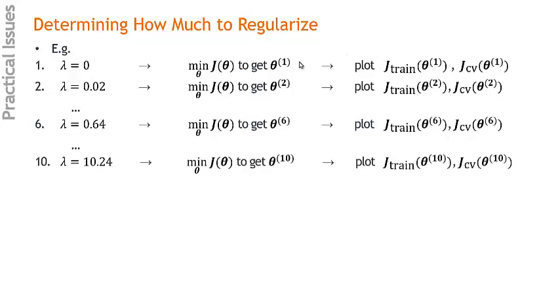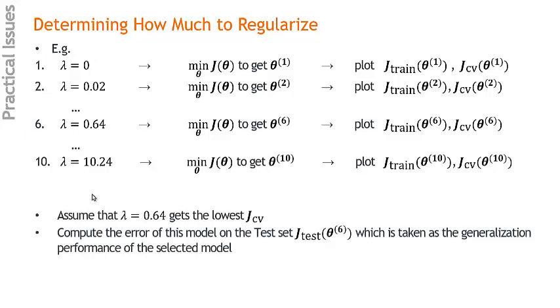So here, just to show the procedure one more time, for lambda equals 0, no regularization, you minimize J to get your trained model. Then you will also get a CV score, and you'll plot both of these on your graph. So you do that for each value of lambda that you're going to test. And if you get a certain value of lambda that has the lowest J_CV, well, in this case, you probably should choose some other lambdas close by just to make sure your lambda is really the best, because these lambdas are quite widely spaced. But you can do a finer test on your lambda and then get the best lambda and then use that one